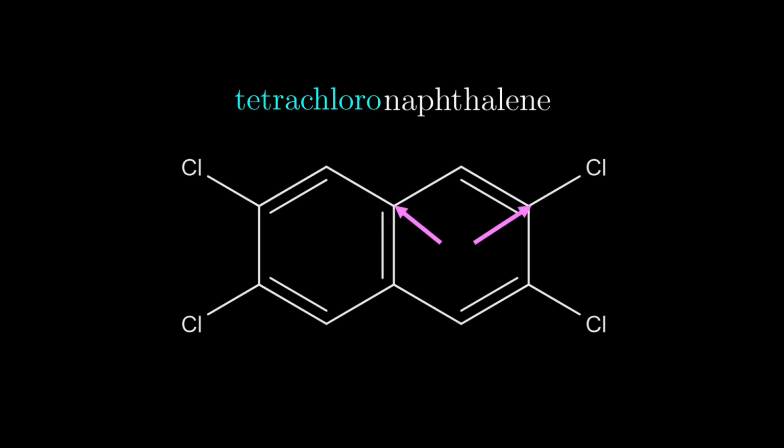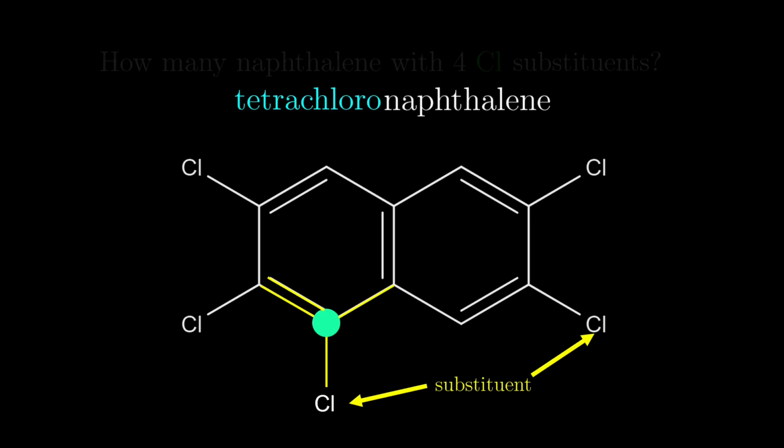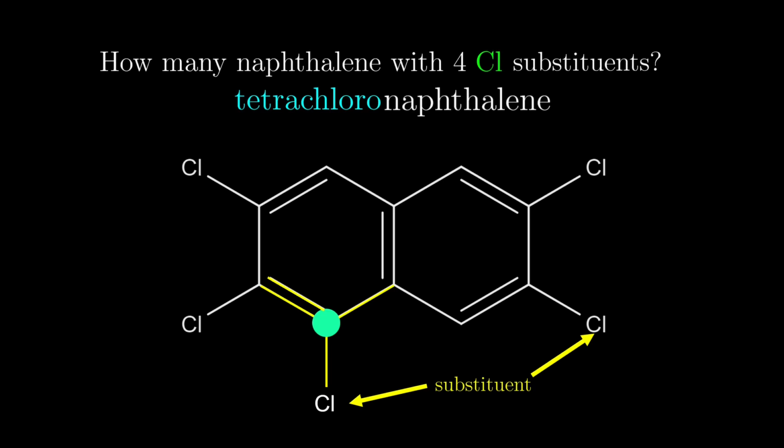All the vertices here represent a carbon atom, and under stable circumstances, each carbon atom is like this one in the middle, having 4 bonds with something else. However, if we consider this carbon atom instead, it looks like it only has 3 bonds. So where does the hidden bond go? In a simplified chemical formula, any implicit bonds must be with hydrogen. We can also stick a chlorine atom here to substitute the hydrogen atom, which is why chlorine is usually called a substituent. So the question we are interested in is how many naphthalene molecules there are with 4 chlorine substituents.